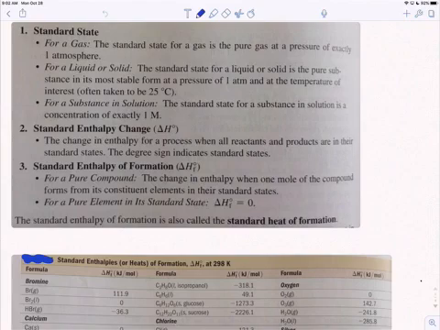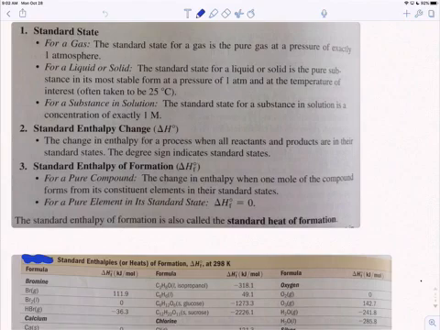So, for instance, elements can have several different forms. Take carbon. Carbon can be graphite, it can be diamond, it can be nanotubes, it can be fullerenes. All carbon. And we have to pick one. Which one do we pick? Graphite. That's the most stable. Oxygen can be oxygen radical, O, it can be O2, it can be ozone, O3. Which one do we pick for oxygen? O2. That's typically the most